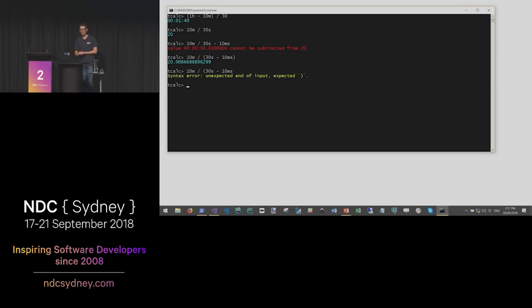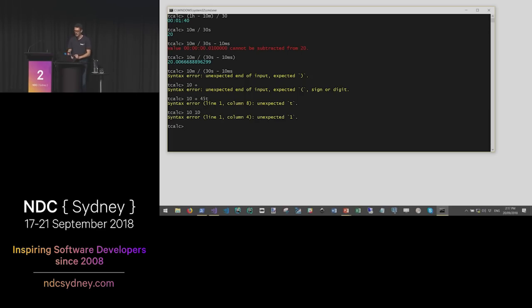And most of the time, because this is built with a framework that has a whole lot of code for dealing with producing good error messages from broken parsers, you'll get a message that makes some sense. There might not be enough input. There might be something like, if I channel my German heritage, 45 Tag, there we go, an unexpected T, or something that just doesn't make any sense at all.